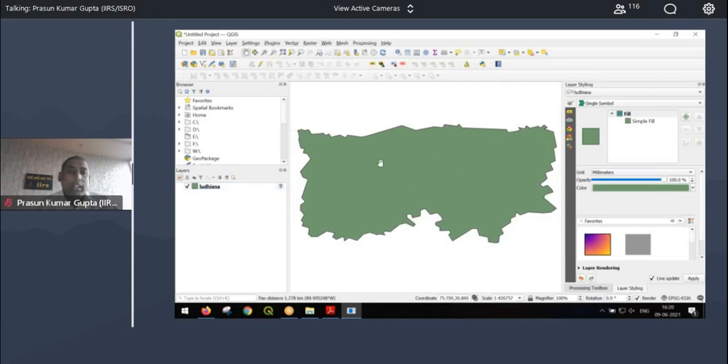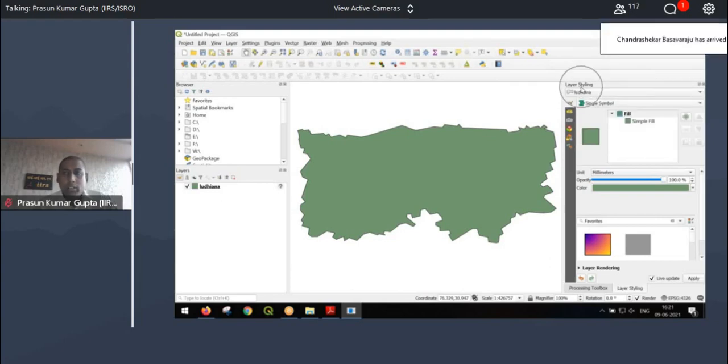So normally we fill the color inside a polygon or on the feature. What I'm trying to show now is how to fill the color outside the polygon. This is a unique case, and you will understand its utility a few steps down the line. So what I'm trying to do here is fill the color outside the polygon. That option is called an inverted polygon or inverted fill.